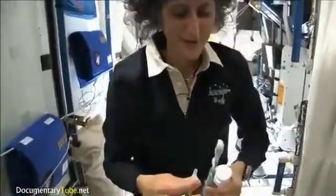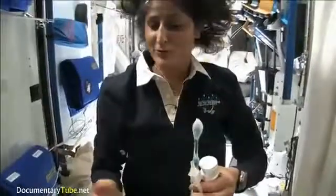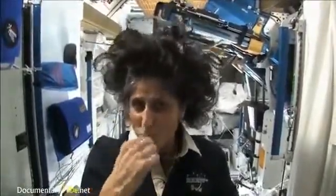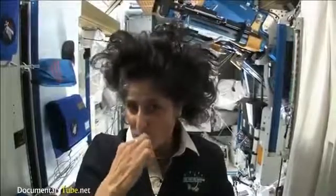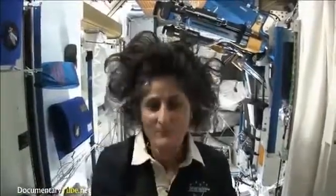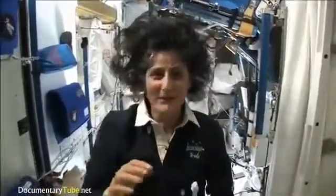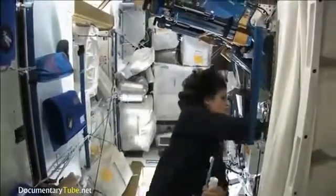drink it. So a lot of people ask about, what do you do with the toothpaste after you brush your teeth? Two options. Swallow it, and it's sort of like mouthwash, but it tastes a little gross. Or